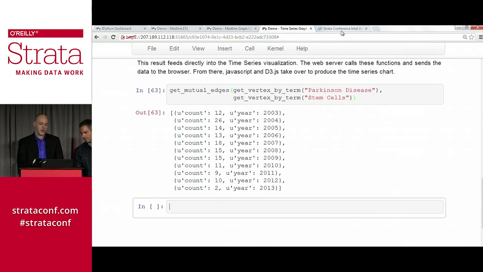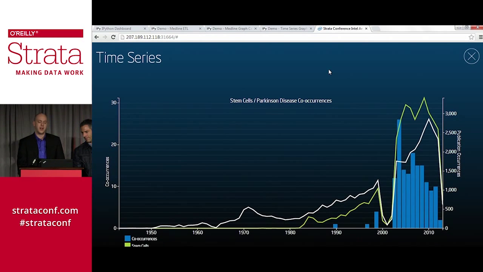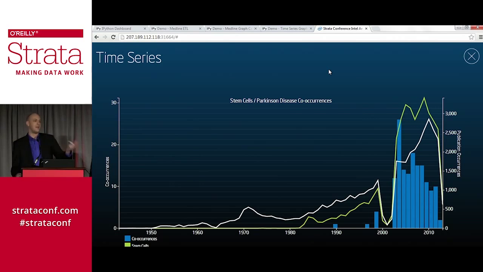At the end of this, we use this to drive a visualization. So we ended up with this chart. It's running the exact same query under the hood, and we get this time series. As you can see, we have a data quality issue, so that means we have to circle back. That little dip. So this is the co-occurrence analysis? Yes. So the bars are the co-occurrences, and the lines are the raw counts of those terms individually. And so we were able to find this problem and circle back and adjust for it much quicker because we had this tool set to go end to end.